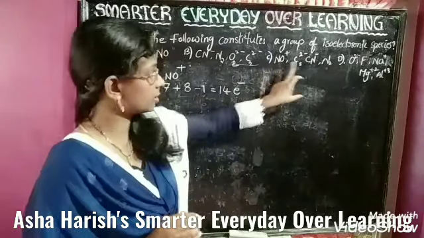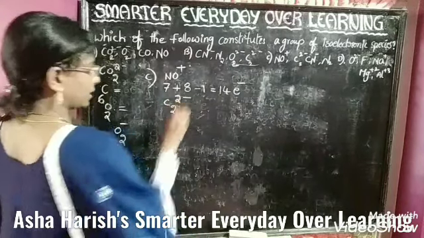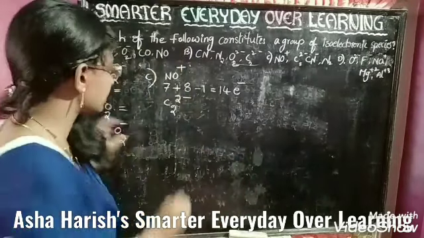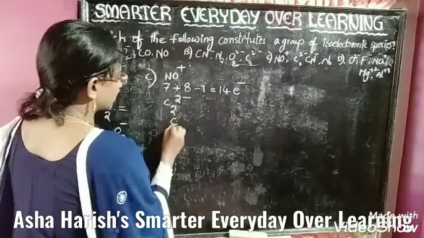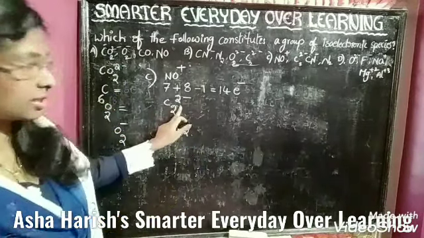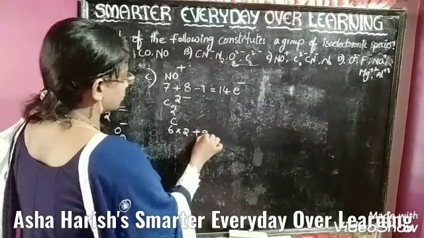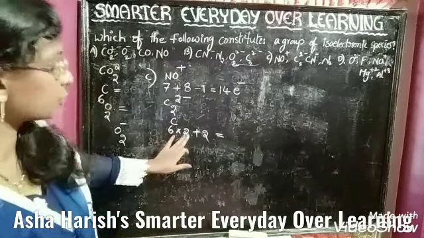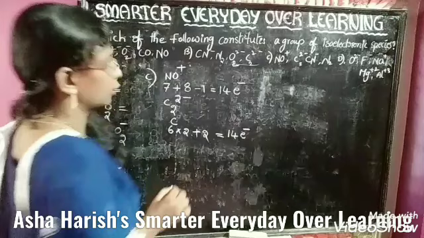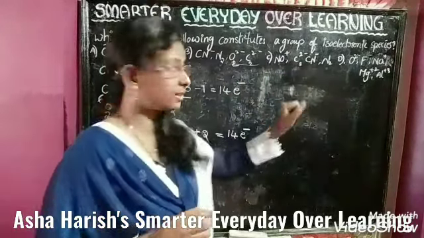Again, the next one is C2 2 minus. Here students, 2 carbon atoms are present. Carbon atomic number 6, 2 means 6 into 2. 2 minus is there, that is the formation of an anion, we have to add plus 2. So 6 twos are 12, 12 plus 2, 14. For option C, the first one and second one also we got 14 as the answer.